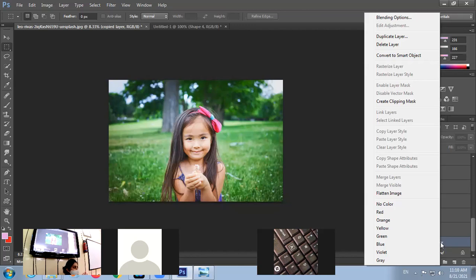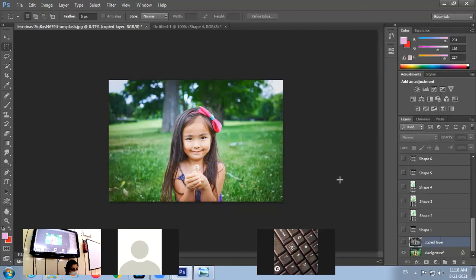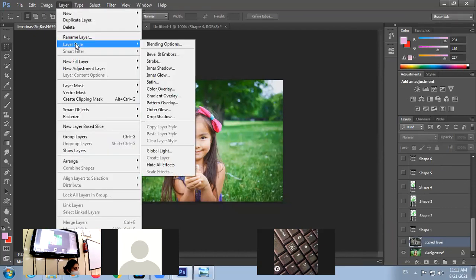Now any doubt? Clear है बच्चे सबको? Adding a layer, renaming layer, deleting layer, all these things are clear. So we are left with the last topic, that is the layer styles, when you want to apply. So layer styles के भी 3 methods हैं. So see, go to the layer menu, choose the layer style option. Look at the screen. Go to the layer menu, choose the layer style option. Under the layer style option, there are several effects that you can apply to a layer.